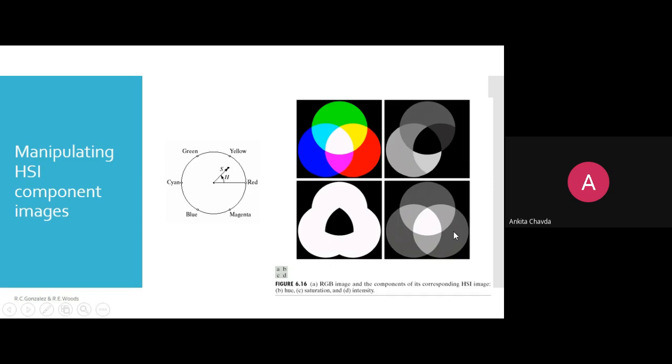Intensity means they will consider the average of the color. So R, G and B are the primary colors. For these primary colors, whatever intensity is there, it will be the same for these three primary colors: red, green and blue. Whatever intensity would be there, that you have replaced at every place, wherever there is R, G and B. Now you are considering the average of this, that is for your secondary colors, cyan, yellow and magenta. So they have the same color. And for this white, it is the same, as it is. Right? So maybe this could be the thing.